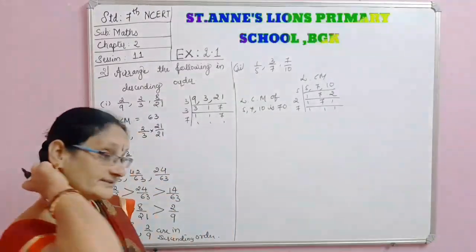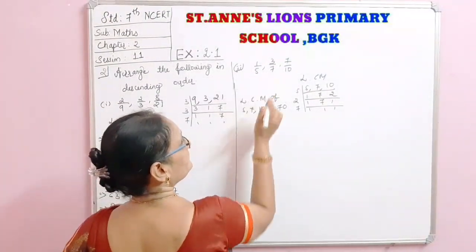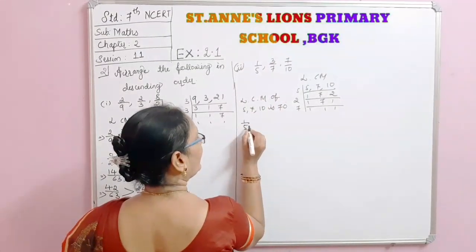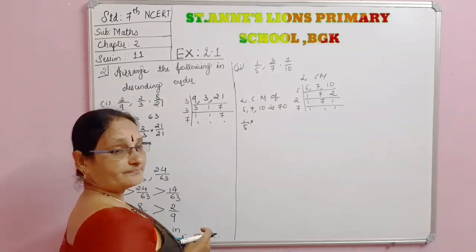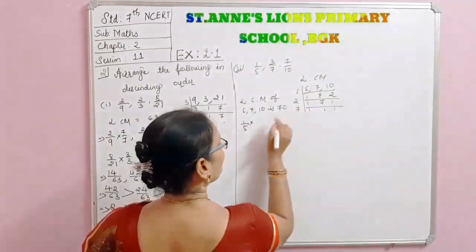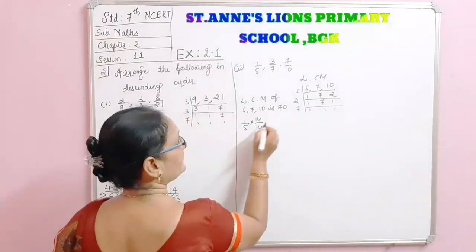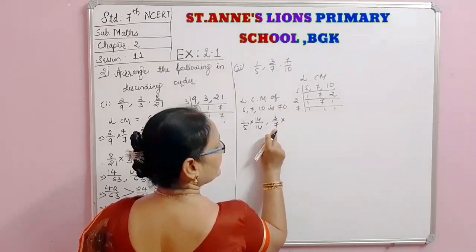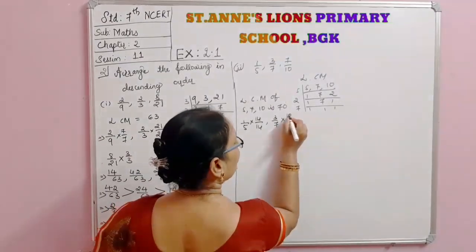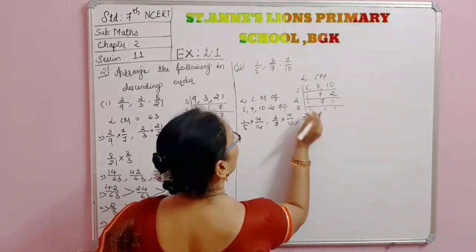So we have to just equalize the denominator. We have to make this as 70. 1 by 5 into 70 means with what I have to multiply that one? That is 14. 14 by 14. 14 5s are 70. Next 3 by 7. 7 can be converted into 70 by multiplying 10 by 10.